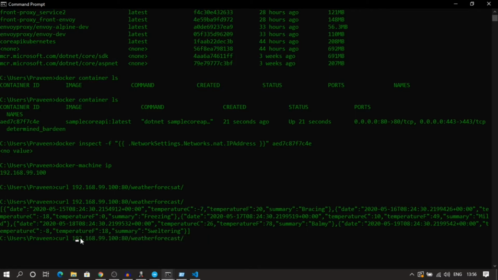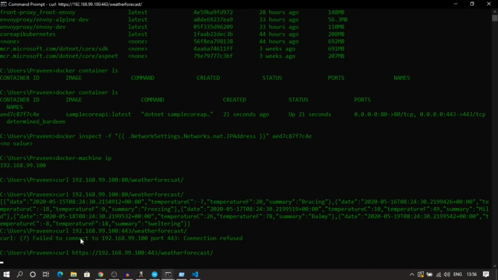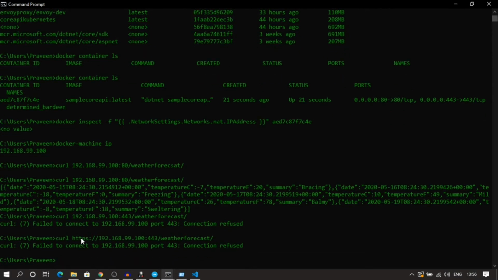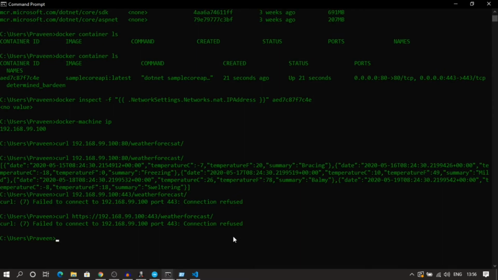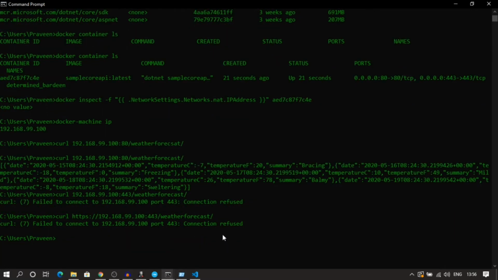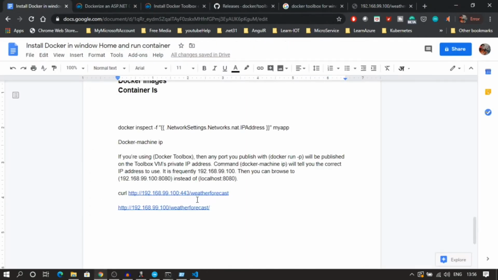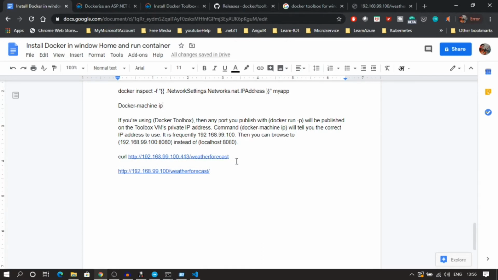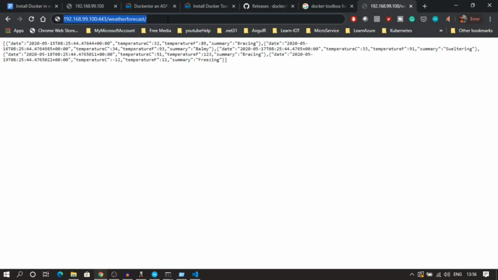Okay, let's go ahead and directly try 443. Okay, I have made a note of this. This is working like this. Okay, see, so my 443 port is also working.